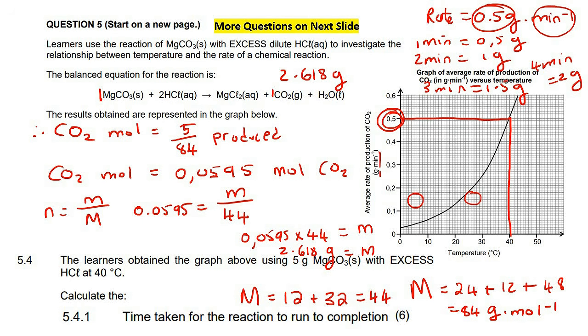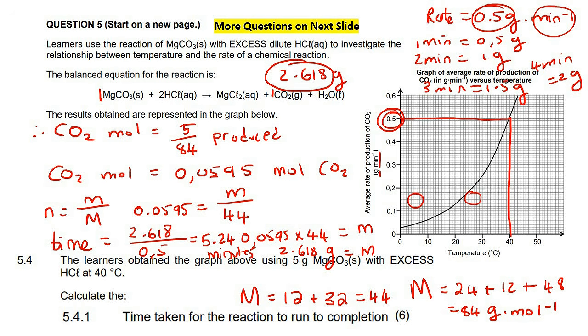So then to work out the number of minutes that it's going to take us, you could take this number and divide it by that number. So the time, okay, let's make some space here. The time would then be 2.618 divided by 0.5, and it's going to be a little bit more than 5 minutes if you just think about what we were doing here. Okay, so if we round off, it'll be